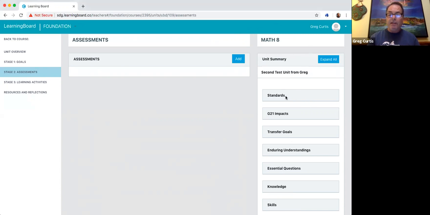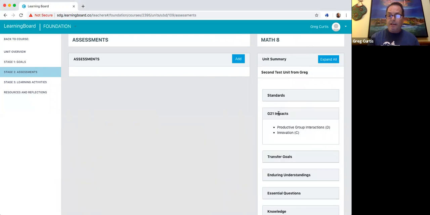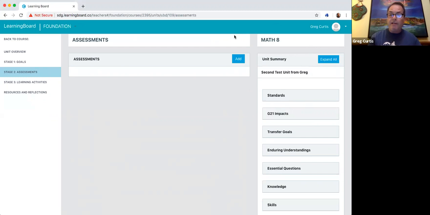As I build the unit, it allows me to see what standards I put in place, what G21 impacts have been selected in stage 1 in the prior stage, what transfer goals, enduring understandings, and so on. So I always have that view in mind as I'm designing elements of my unit, whether it's assessments, learning experiences, etc. So I simply clicked on stage 2 assessments on the left-hand bar, and I will now go to add